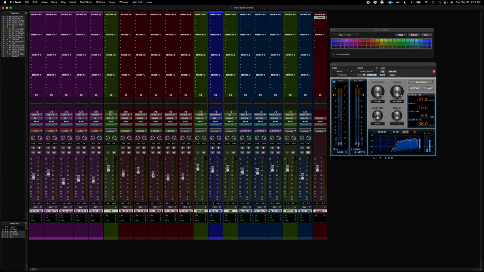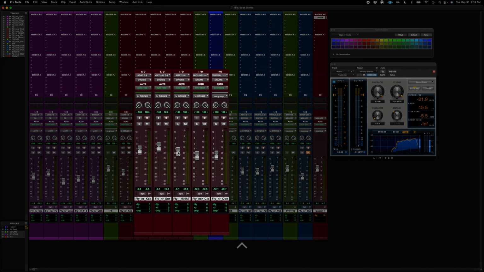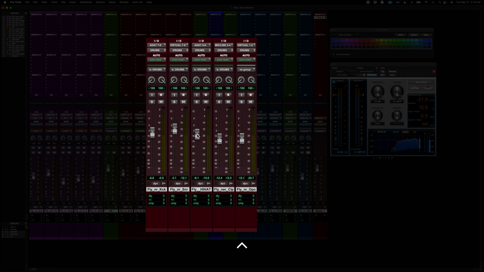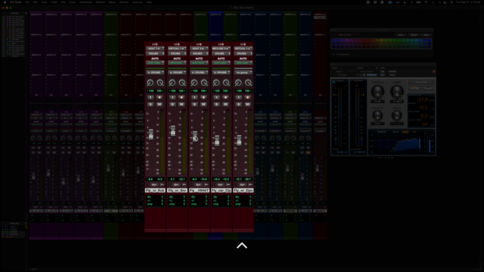So if you have tracks in a group and you don't want them to move together, if you hold down Control and then move the fader, you can move it by itself, and that's pretty helpful to know.